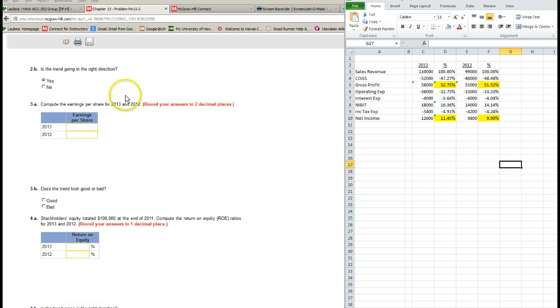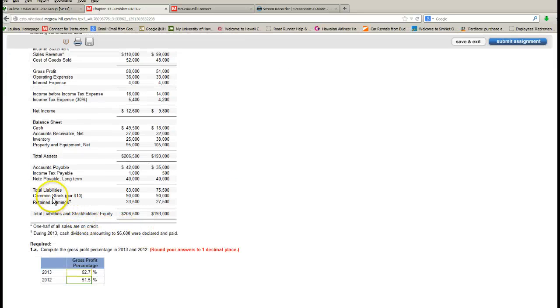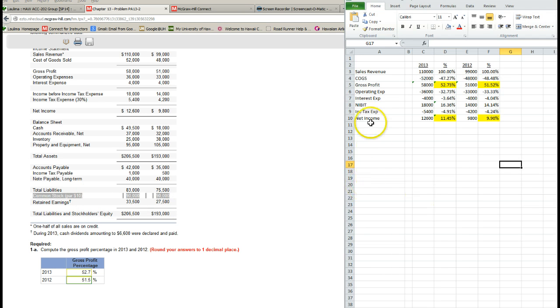Now, to get the average number of common shares outstanding, we need to go to the balance sheet and take a look at the common stock account. Now, notice the common stock account balance for both years is $90,000, and the par value of the common stock is $10 per share. So the way we